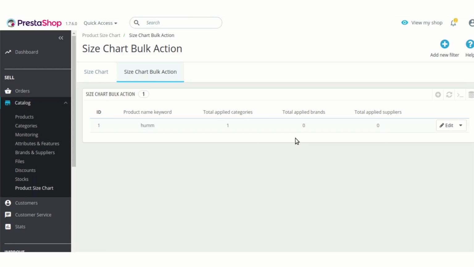You can also create multiple size charts for multiple types of products, and in this way you can easily enhance the quality of your product page by giving the additional functionality of a size chart on your product. Hence, this was all about the PrestaShop product size chart module and the process to create a size chart and to apply it on different products.